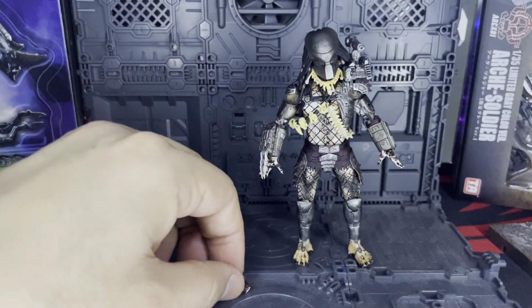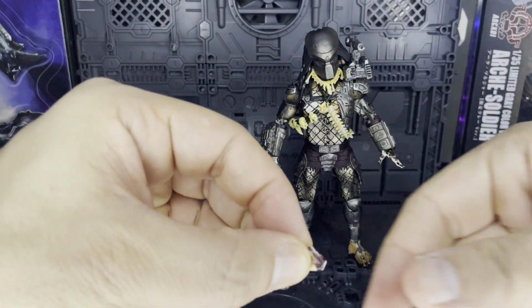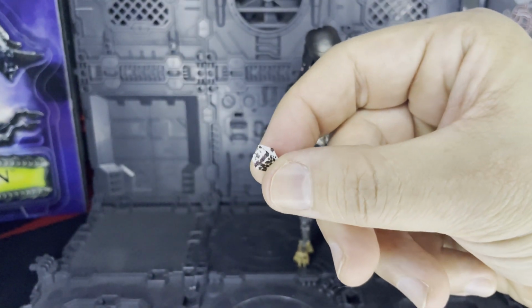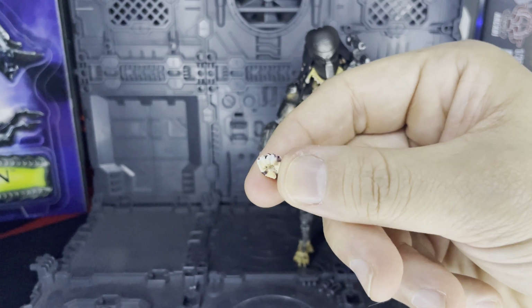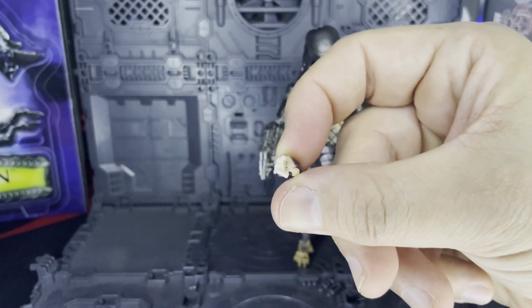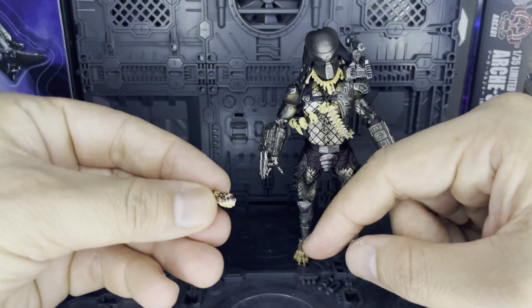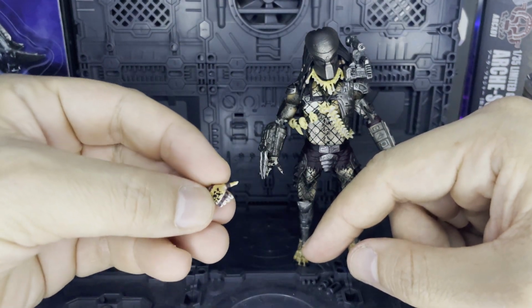Let's get into the accessories, which I forgot to say. He has one closed fist hand, which I wish he had on both hands. Perfect. Looks so nice. That looks so good. And then he also has his clasping hand for the other accessory,